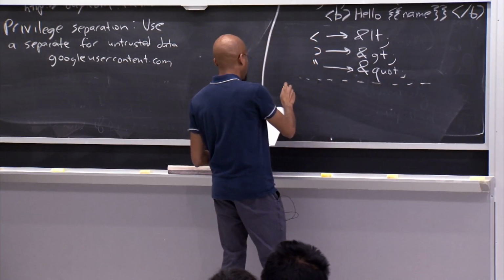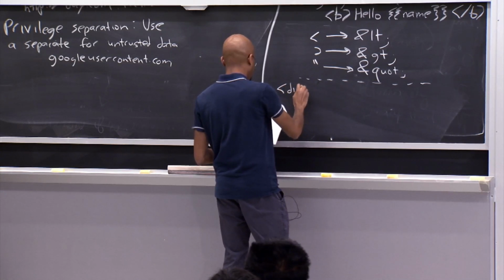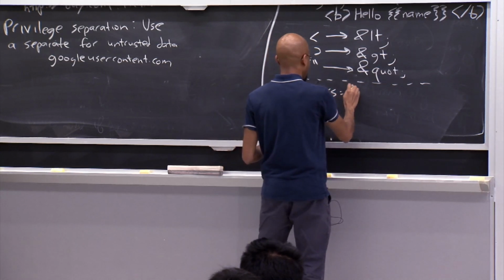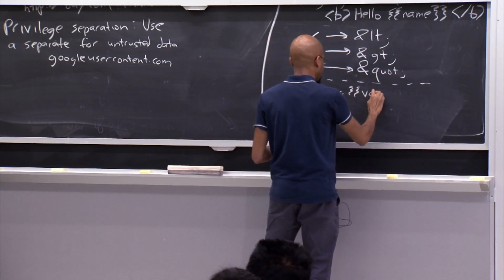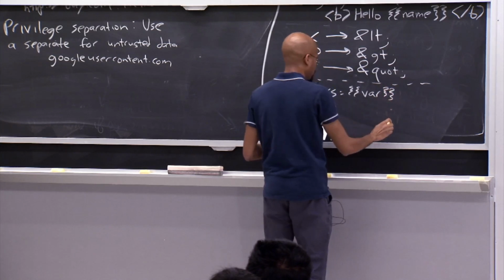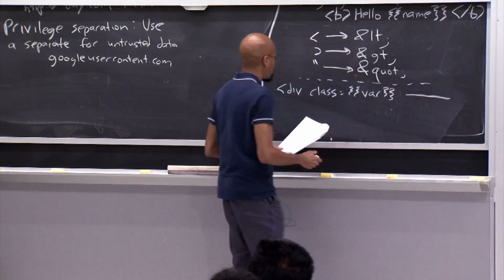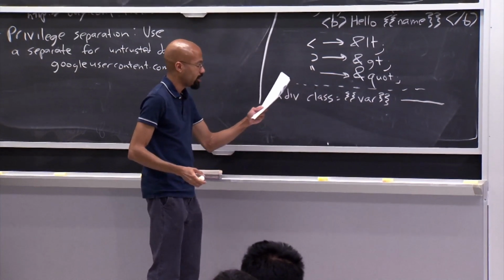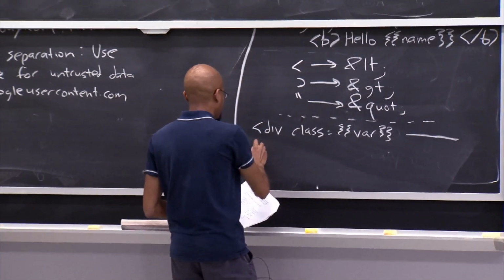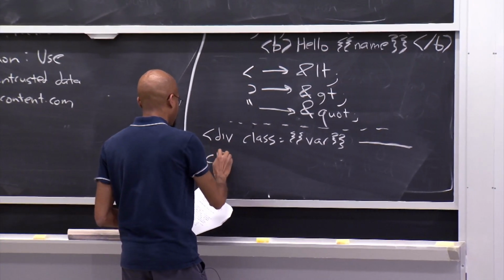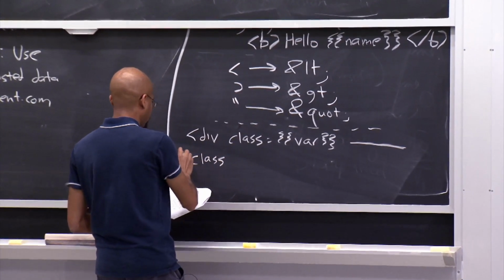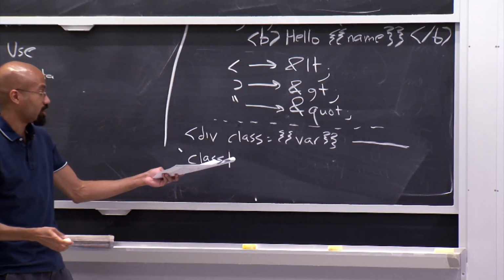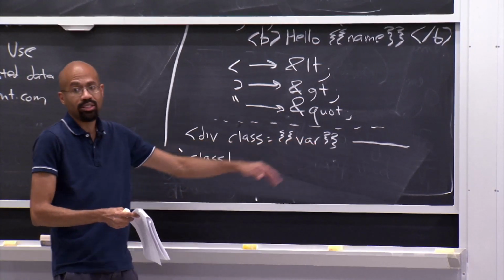in frameworks like Django. So you have some div, and then you want to set its class dynamically. So you set its class to some var, and so on and so forth. The idea is that when Django processes this, it should figure out what the current styling is and then put it in here. Well, one thing you can do is, maybe the attacker supplies a string like this. The attacker will say class 1. Okay, so far so good, right? Because that seems like a valid CSS expression.